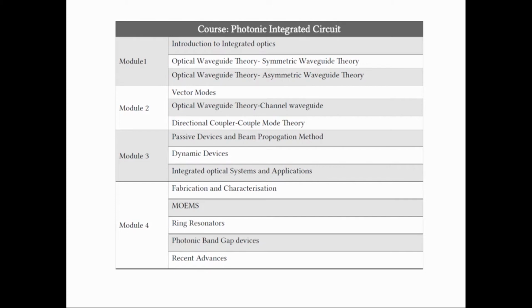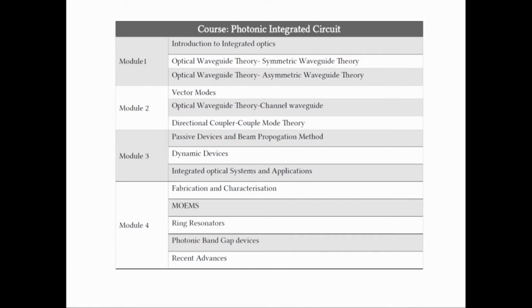And of course we had also extended the theory to 2-dimensional or 3-dimensional waveguides called channel waveguides, which are the real elements, basic elements of integrated optics, which can be used to make many other devices. So in module 3 we looked at many passive devices as examples and looked at the methods to analyze such problems. One particular method that we talked about is called the beam propagation method, which is a semi numerical method